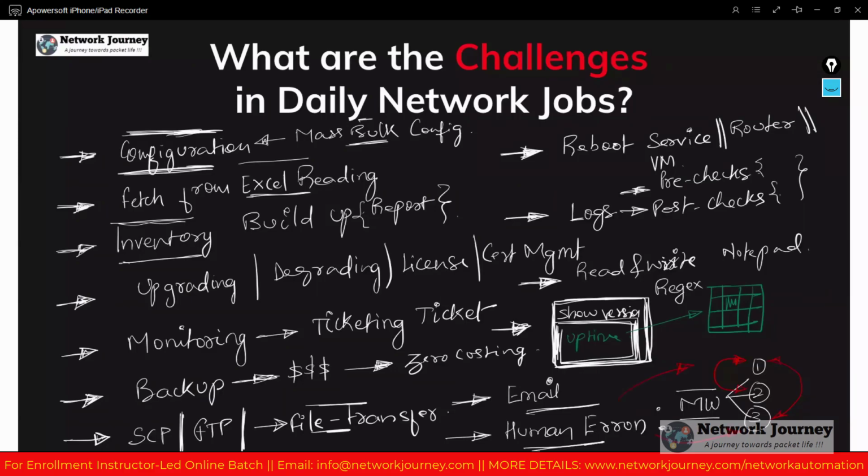avoid such things, you can prepare an automation script before the maintenance window. Let's say you can create three